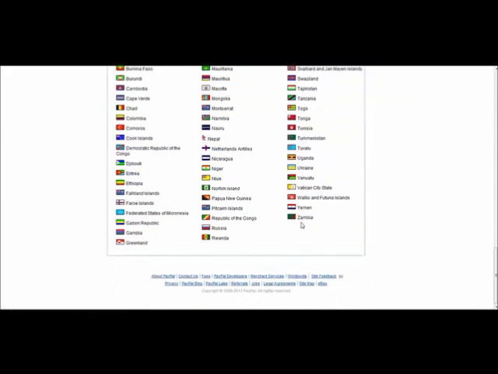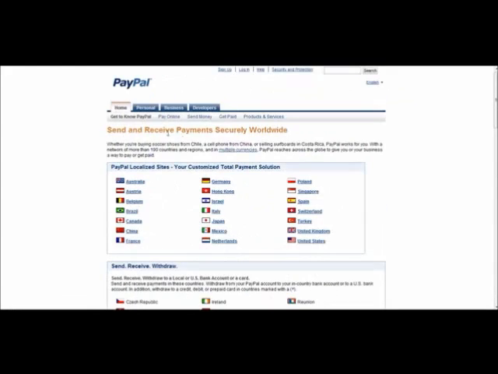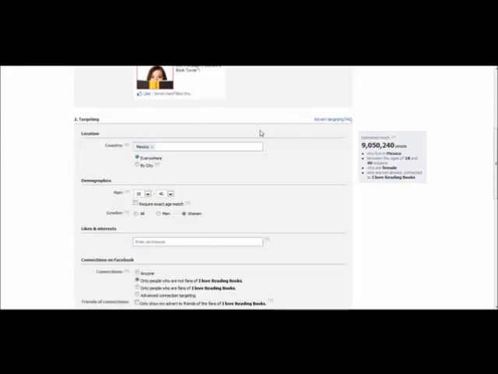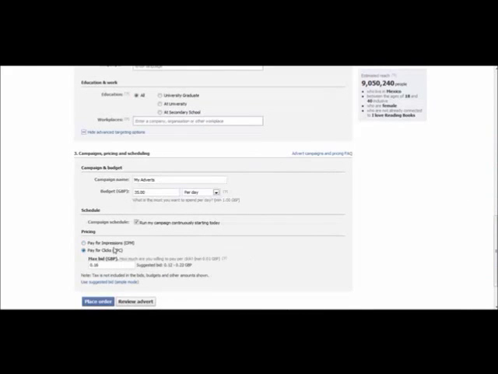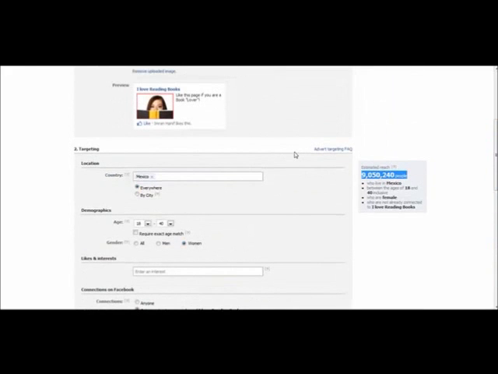Then you've got all these other countries which you can read more about, but that's not the point. The real focus is creating an ad which is getting a lot of interest. Again, we can see that we're getting cheap clicks from Mexico. Even the CPC is pretty cheap. This is probably going to cost you only about 0.02. There's 9 million people in Mexico.